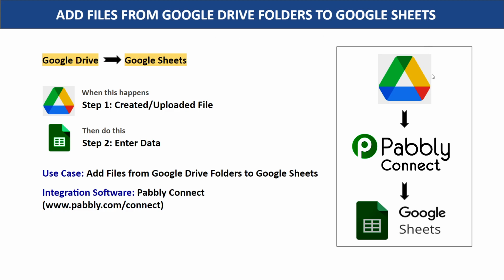So imagine this, you are using Google Drive to store your files. The idea is that once a file is uploaded in Google Drive, the details of this file will be stored in Google Sheets just for backup. So here you have two choices. The first choice is to copy all the details of the file from Google Drive, sort it out, and manually add the details in Google Sheets. Now the problem with this approach is it's actually very repetitive and tiresome. So here I would suggest that you bring in some automation so that whenever a new file is created or uploaded, it will automatically enter this data in Google Sheet.